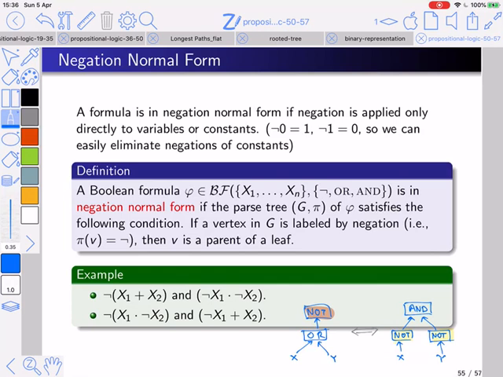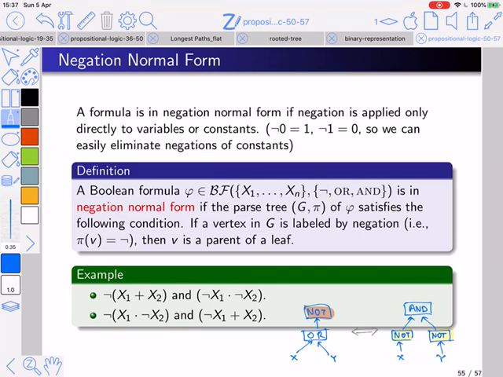Let me define a special form of formulas called negation normal form. We say that a formula is in negation normal form if negation is applied only directly to variables or constants. I want to remark that the negation of 0 is 1 and the negation of 1 is 0, so we can easily eliminate negations over constants, but let's not worry about the case in which you have negation of 0 or negation of 1. So, formally speaking, a Boolean formula phi, using the connectives or, and, not, is in negation